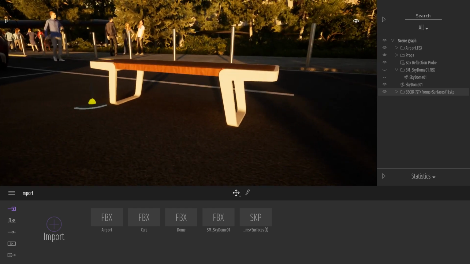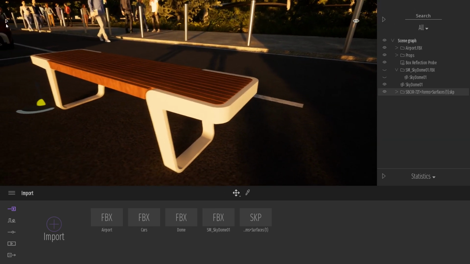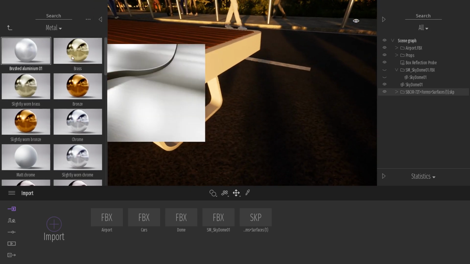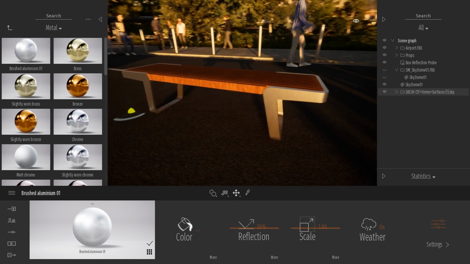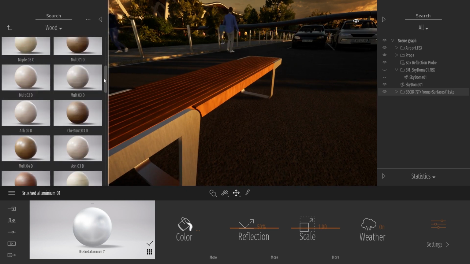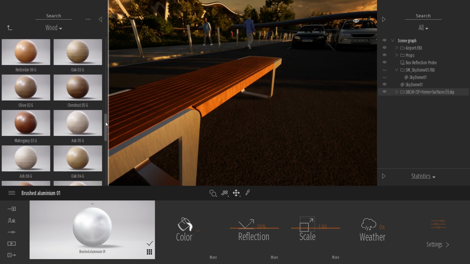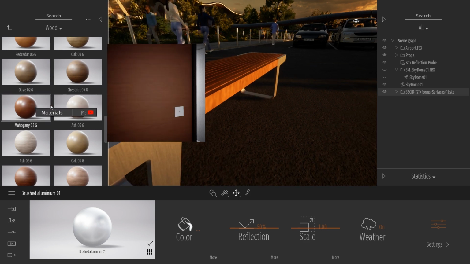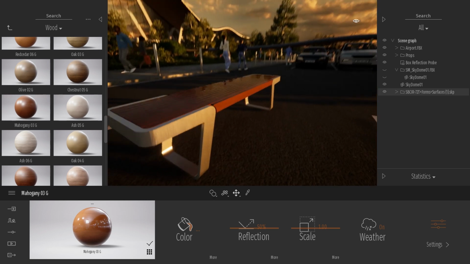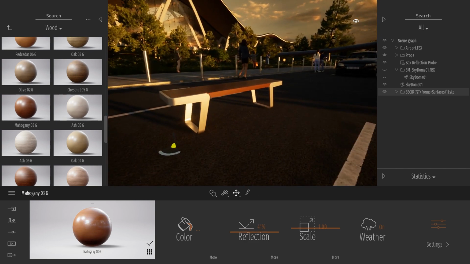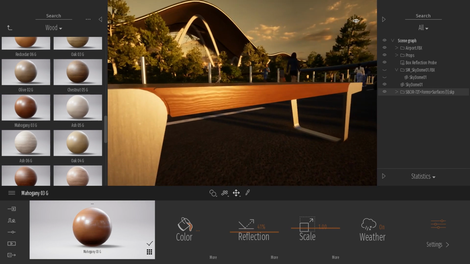What I will need to do first is just set up the materials so my bench looks nice. So we'll come to the materials, metal, and I will drag and drop this brushed aluminum on the side. And maybe also change this wood to a seamless wood, not a parquet one. At the bottom we have those kinds of seamless wood that will work great. Maybe in this color it will be a bit better. Maybe not that reflective. The bench is supposed to be outside, so we'll just lower the reflection a bit. And I think we are good to go.